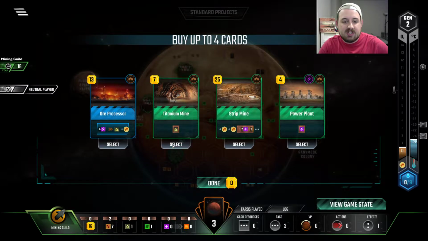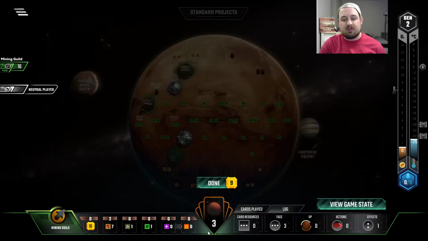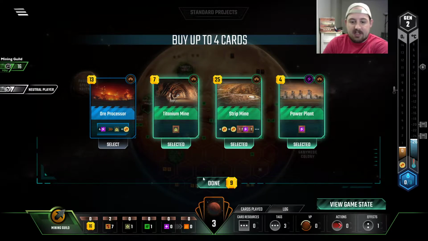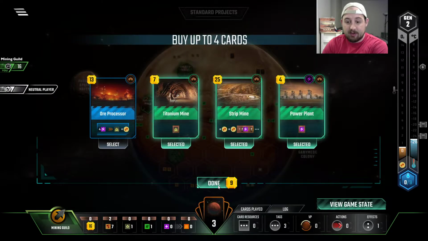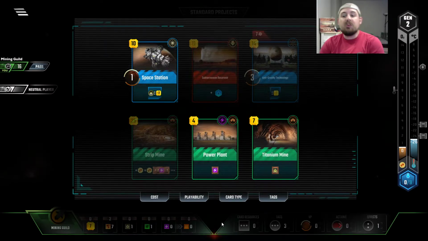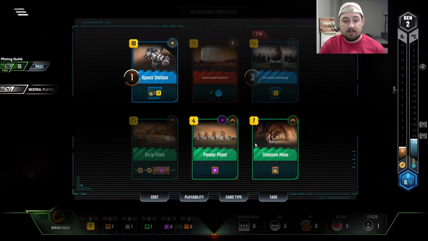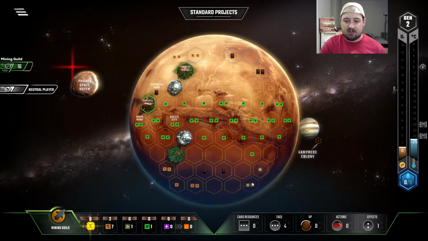So we have a bunch of steel because we're the Mining Guild. I really want to play Subterranean Reservoir, but if I grab a bunch of these cards, then I'll be halfway to playing Strip Mine, and I'll start getting Titanium, which could be good. I wanted to grab at least 2 of those cards, which means I couldn't play Subterranean Reservoir this turn, which is really too bad, because it would have been nice to grab 2 Steel or 2 Titanium and